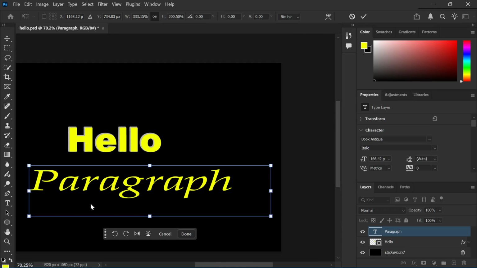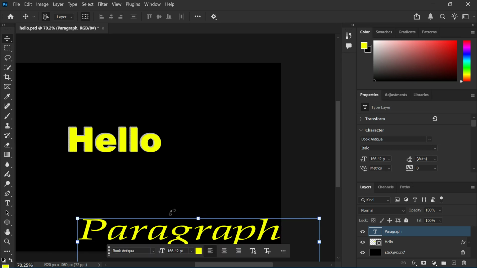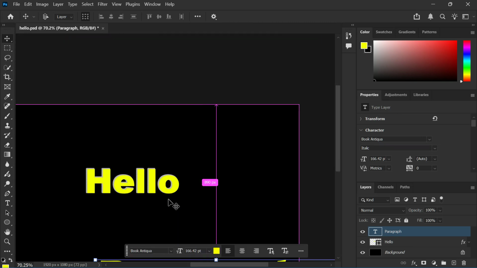Once you're happy with the new size, press Enter on your keyboard to apply the changes. If you change your mind and want to cancel, just press the Escape key instead. That's it for the fastest method. You can access this tool in just seconds using the keyboard shortcut, which is why most professionals rely on Free